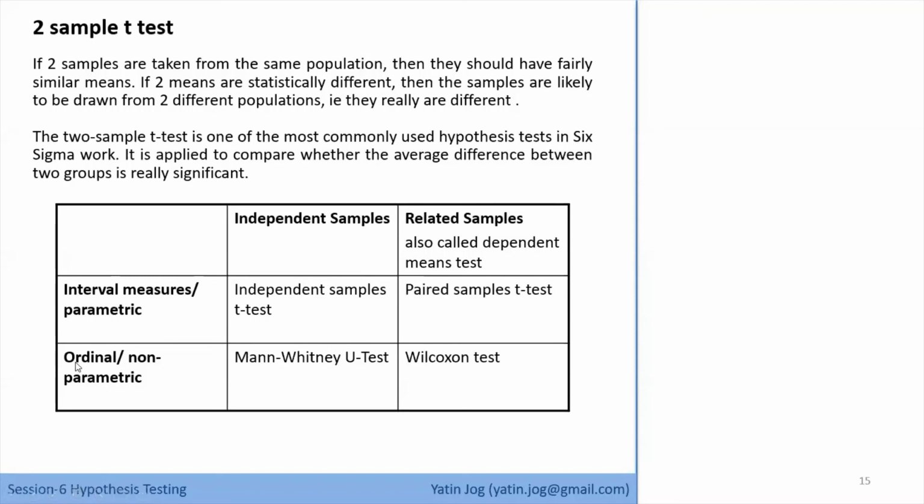And if data is nominal or ordinal, that means we cannot calculate mean, median, and mode. It is not possible to calculate the average of male and female. So for nominal and ordinal data, the only operation we can do is count. We can only count the number of observations, the frequency. We cannot do addition, subtraction, multiplication, or division with nominal and ordinal data. So we cannot know the statistics of nominal and ordinal data apart from count. So whatever tests we use on ordinal and nominal data are called non-parametric tests.